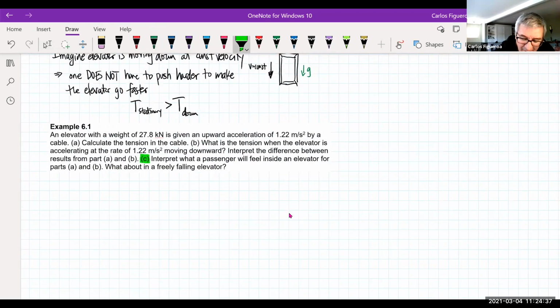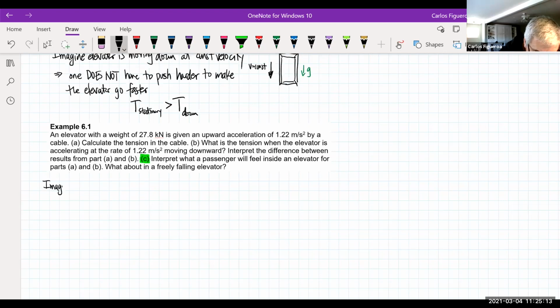I want to interpret what a passenger will feel inside an elevator. And then what happens if you're in free fall here? So the question that really kind of begs the answer right now goes something like this. What happens if you're on a weight scale? Okay, so now what I want to do here is that I'm going to